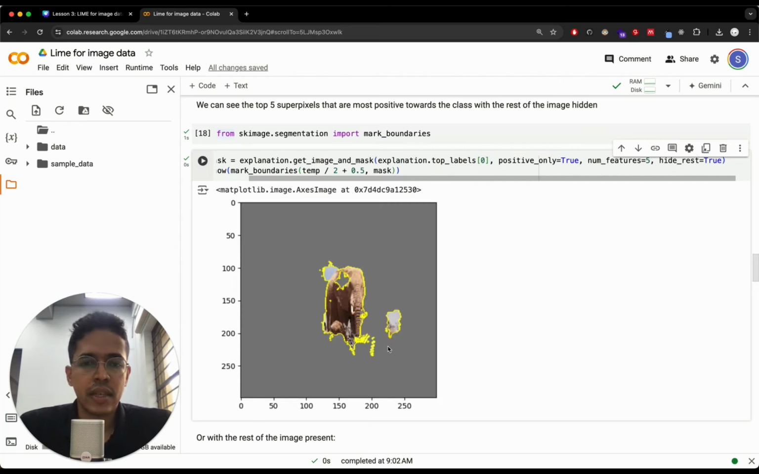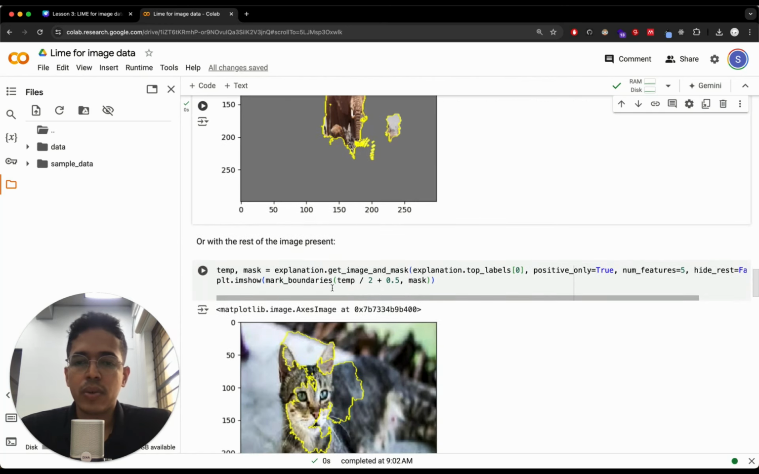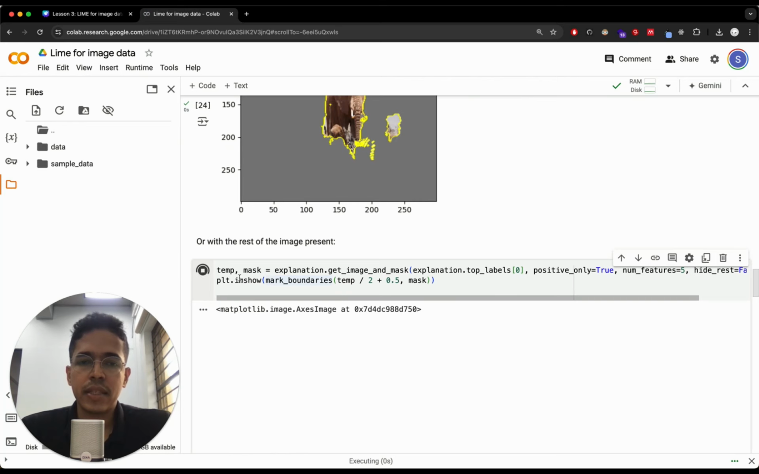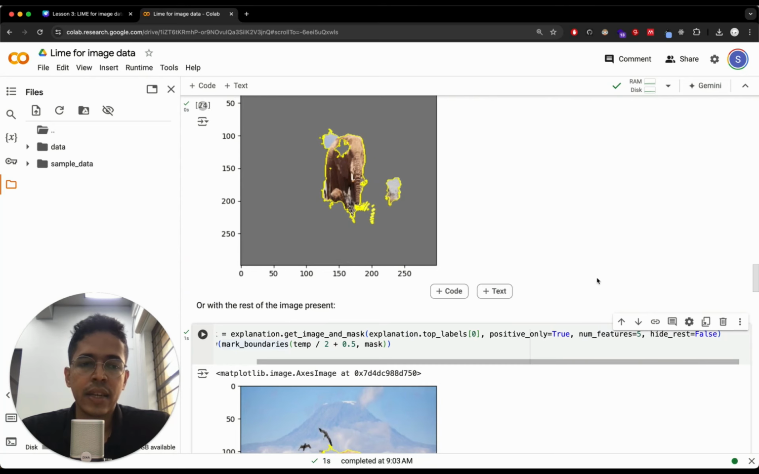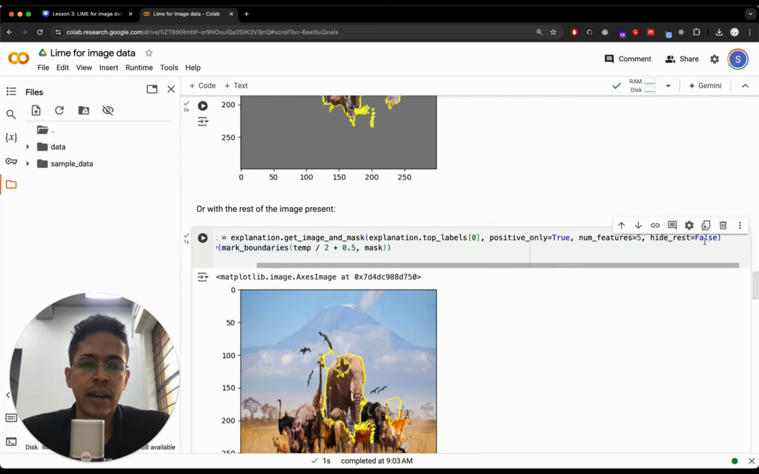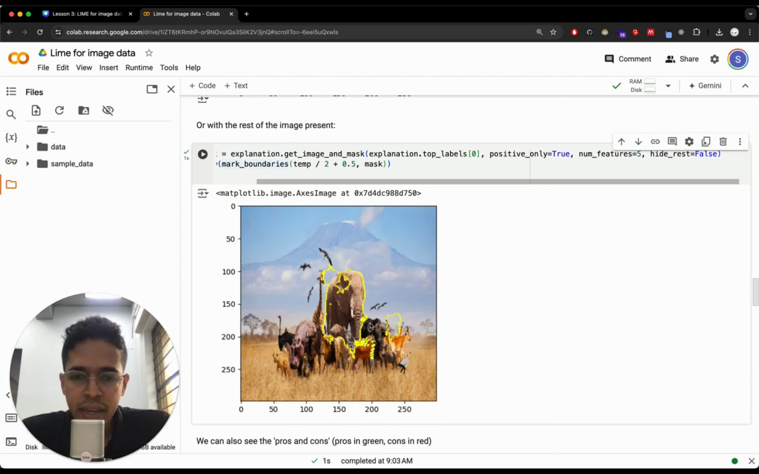And these are the pixels that are most responsible for the Inception V3 saying that the highest percentage of this image is African elephant. We can also plot along with the rest of the image. So here all we have to do is hide rest equal to false. Here it was true, but here hide rest equal to false. So everything is shown, and we can clearly see that the superpixels contributing maximum towards African elephant mostly contain only the elephant. The pixels corresponding to other animals are not falling within that,